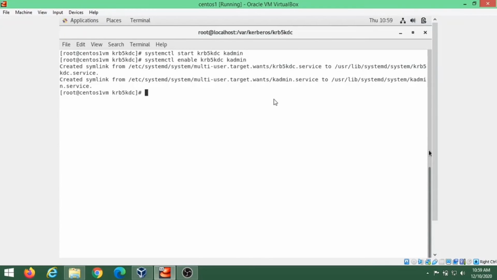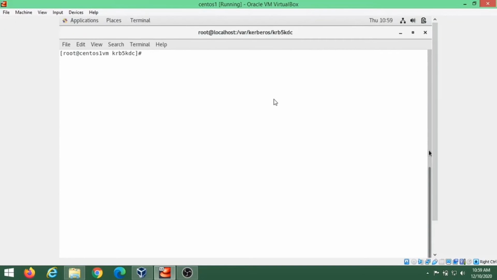Now we will create principals. Objects in the KDC database are known as principals and can be users or hosts. We will assign root admin rights, and our standard user CDAC will be added as a user so that they can use Kerberized services. We'll start with kadmin.local. It has authenticated as the principal with the password which we have provided.